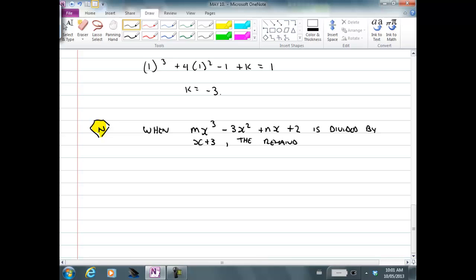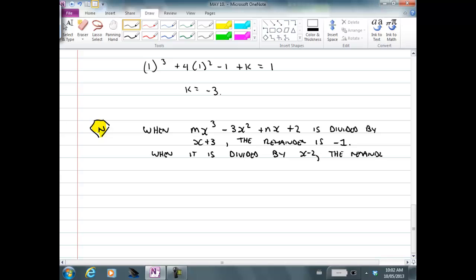Okay, very simple concept. It says this, mx cubed minus 3x squared plus nx plus 2. The remainder is negative 1. But we're not done yet. When it is divided by x minus 2, the remainder,